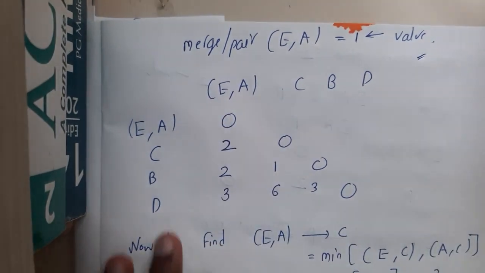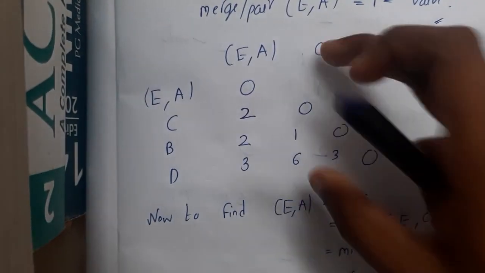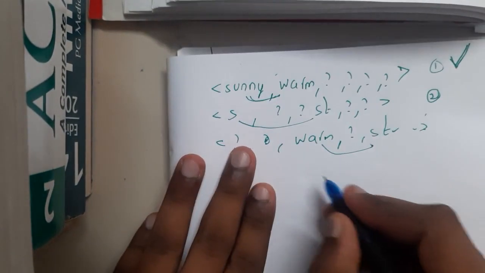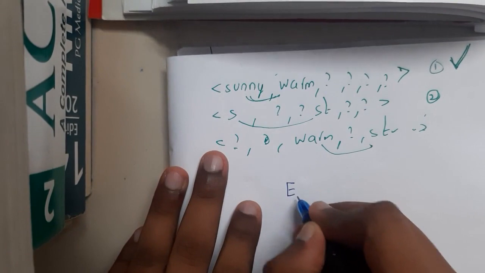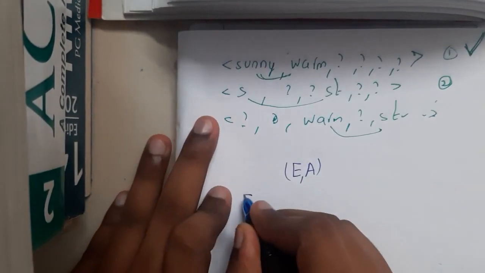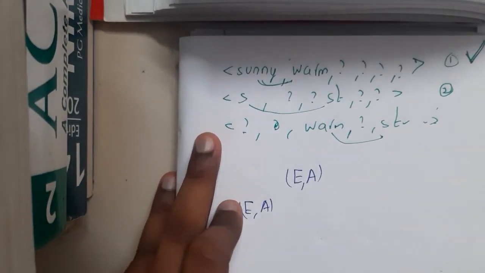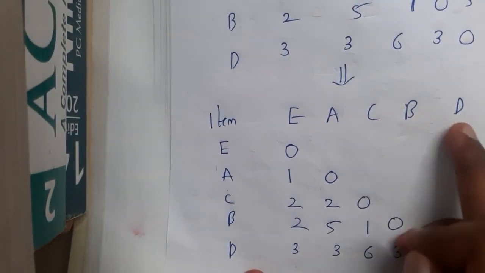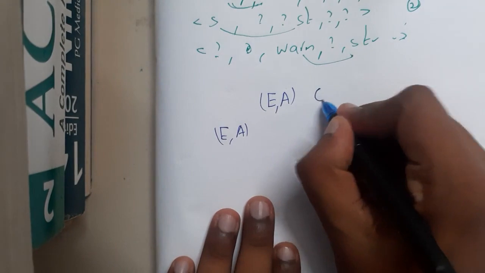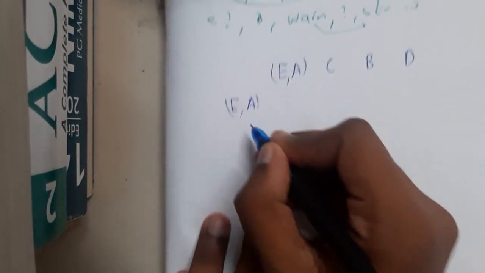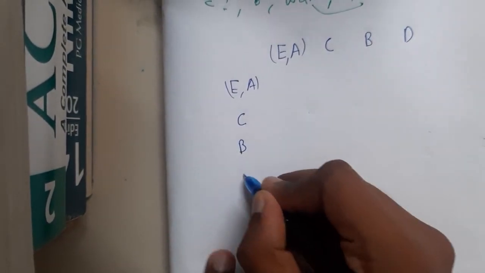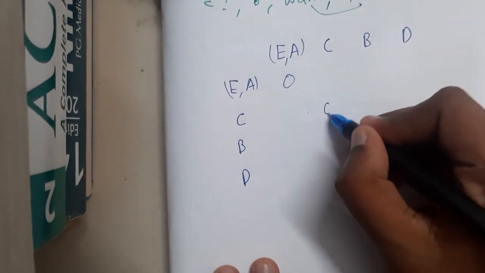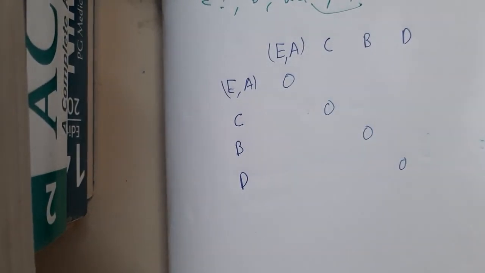Now what you'll be doing is, for this I'll be drawing the table, guys, so that you'll have a clear idea. I told you, right? You need to combine E and A. So write in terms of E and A as combined now. What are the left out things, guys? We are left with C, B, D. Write in the exact order, C, B, D. Similarly, C, B, D. Again, remember, always the diagonal will be 0, guys. Whatever might happen, diagonal will be 0.